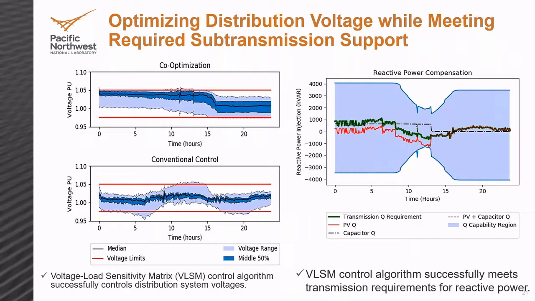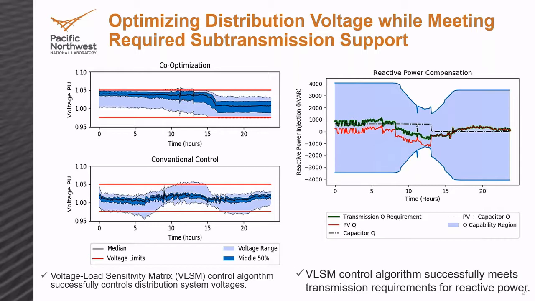So in the distribution, for this particular substation, you may have several thousand nodes. On the left side, the lower graph is a voltage profile at different nodes in the distribution. The red lines here are the limits. And you can see there could be violation of these limits in the business as usual model,